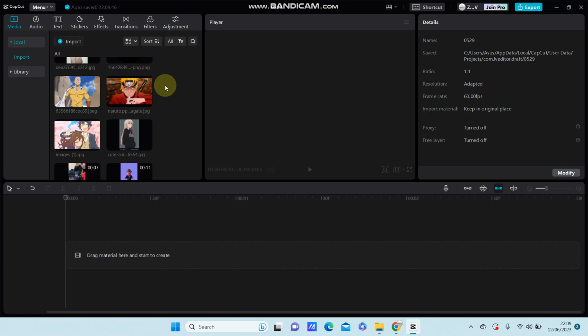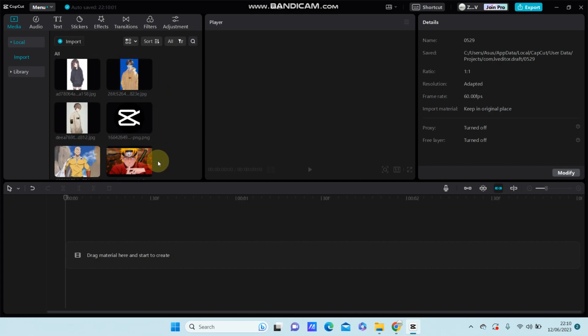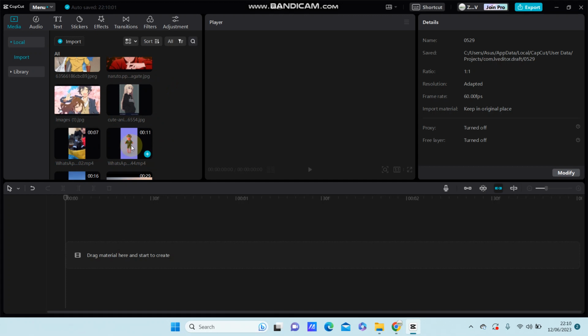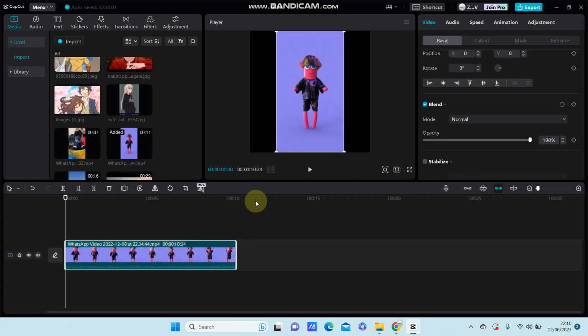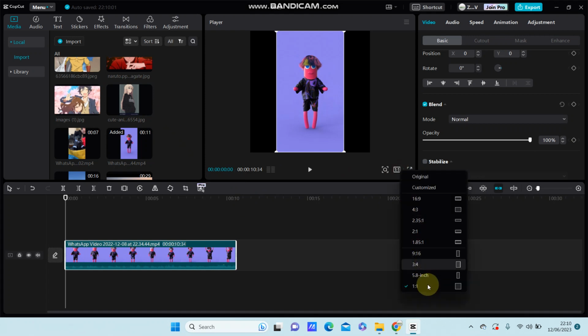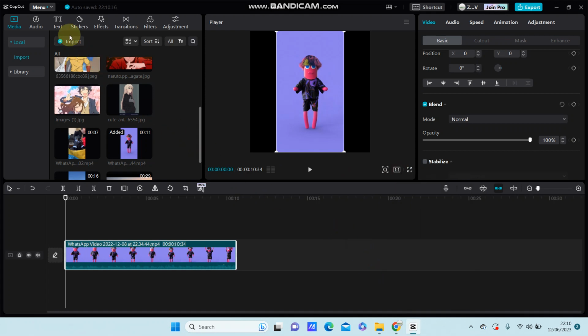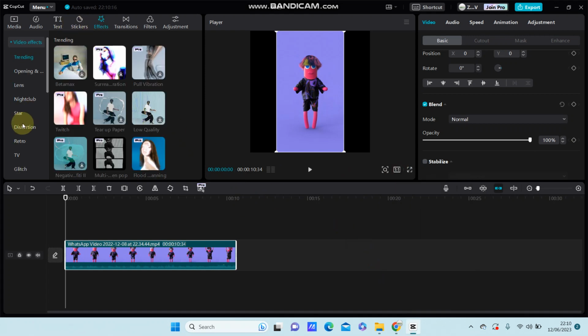Hello everyone, in this video I'm going to show you how you can add the Instagram frame effect to your photos or videos in CapCut PC easily. So first you can select the videos or photos you'd like to edit, right? And I'm just going to change the aspect ratio to 1 to 1 for Instagram feed and go to effect, select